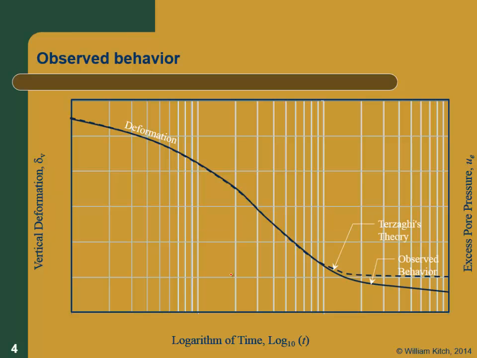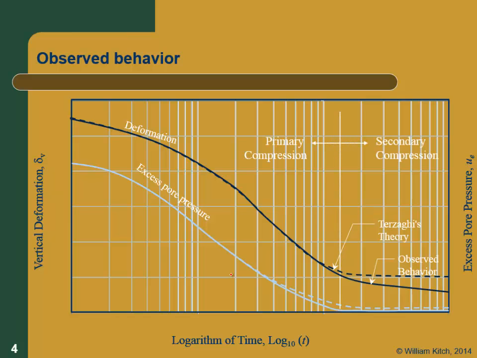So Terzaghi's theory says that we get the dashed curve when we look at it. We realize that we get more compression at the end than we get from Terzaghi's theory. And Terzaghi's theory says it takes forever for the pore pressure to go away. But we observed that there is a point where the pore pressure goes to zero, and that separates secondary compression from primary compression. The slope of that curve, and now this is a deformation curve, right? This is not void ratio and it's not strain. This is deformation as a function of time. That's what I can call S sub alpha. So that's the settlement as a function of log time